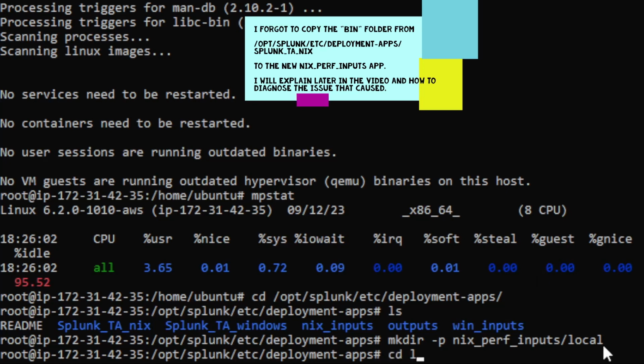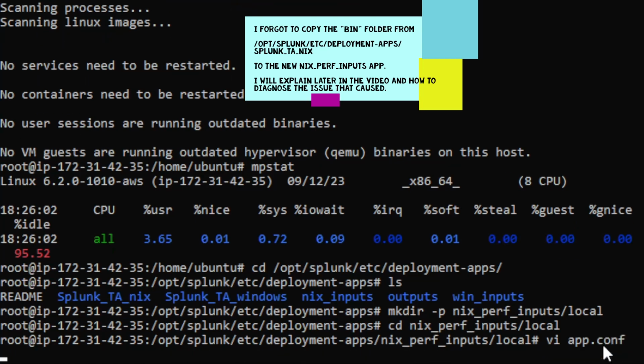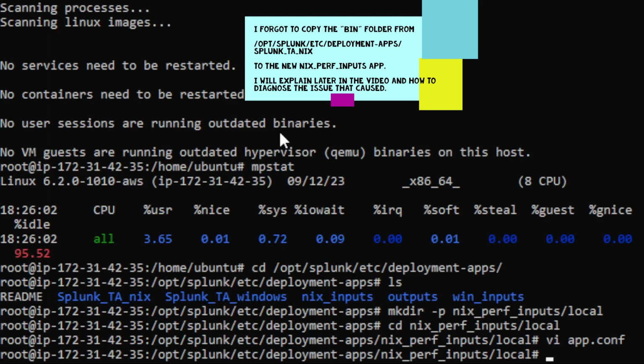Let's see here. CD. Let's go into that Nix. Can't type. Performance. Local folder. We'll need to do app.conf. So let me go and grab what I want there, which should be this. We're going to insert, right click, escape, write and quit. And then I'm going to have to create an